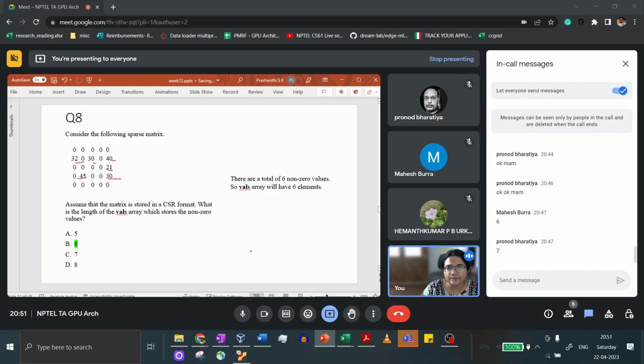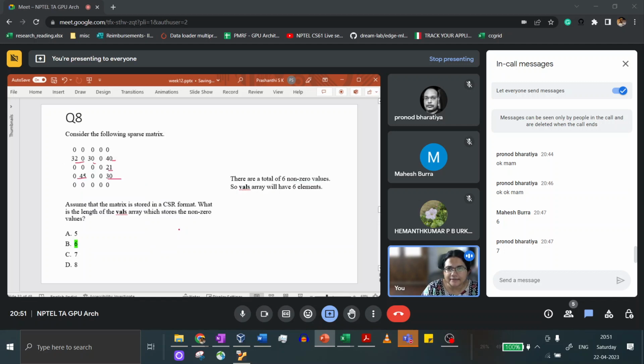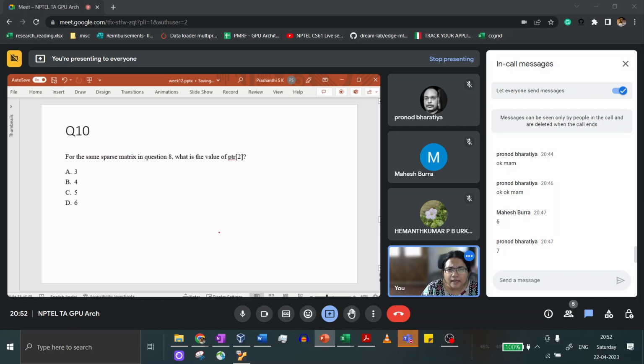So this is very simple to calculate, right? Given this matrix, how many non-zero elements do you have in the zeroth row? 0. How many do you have here? You have 3 of them, right? And how many do you have here? 1. So which one was asked? PTR of 2. So for the second row, you have a total of 3 non-zero elements present,